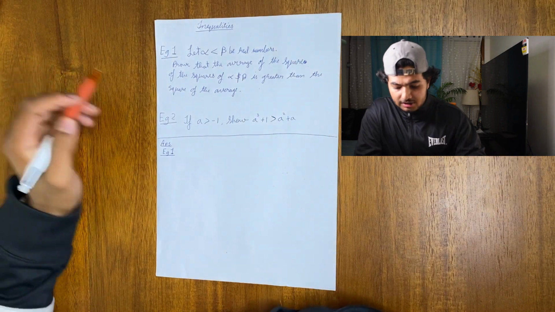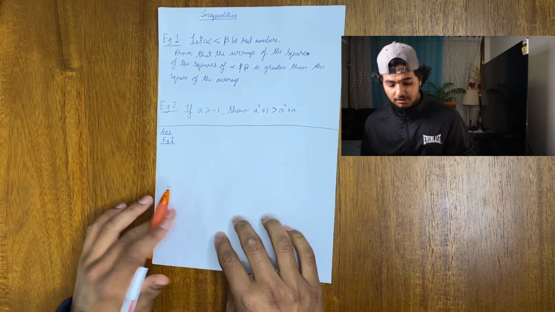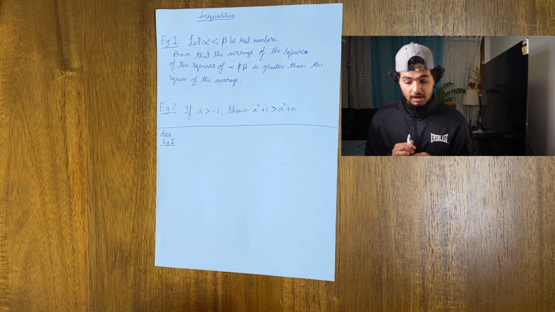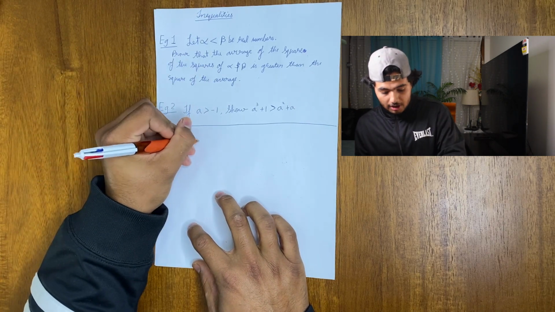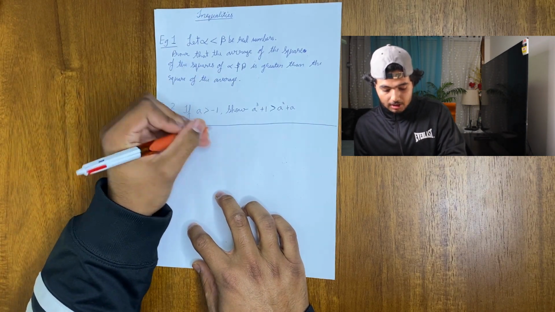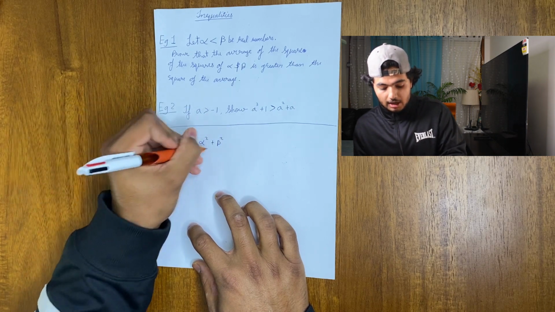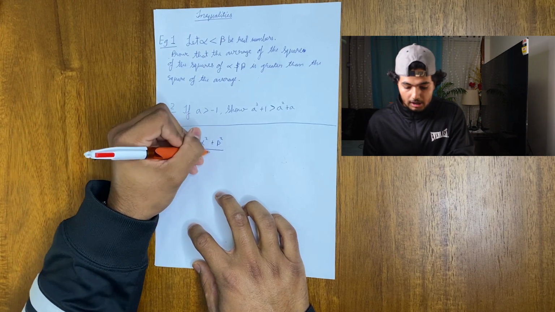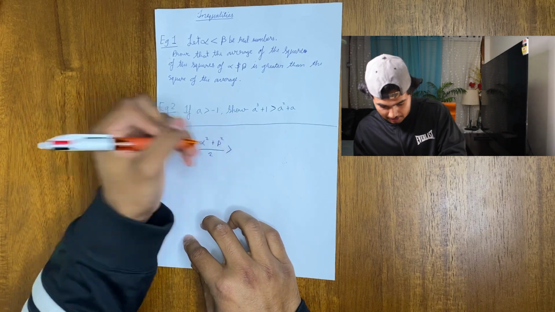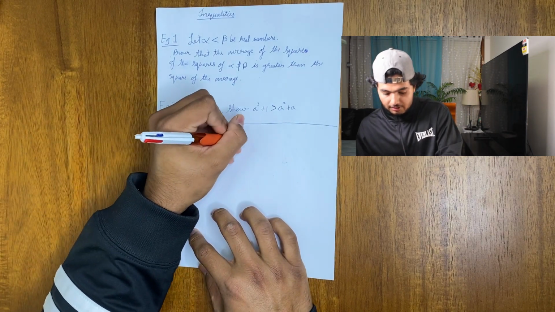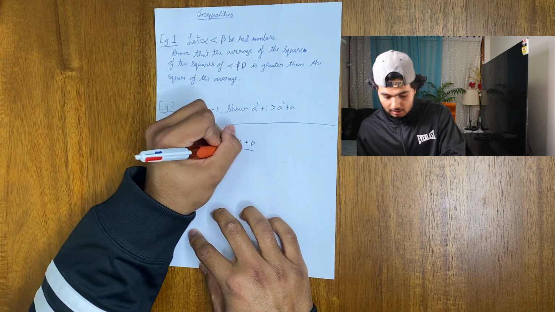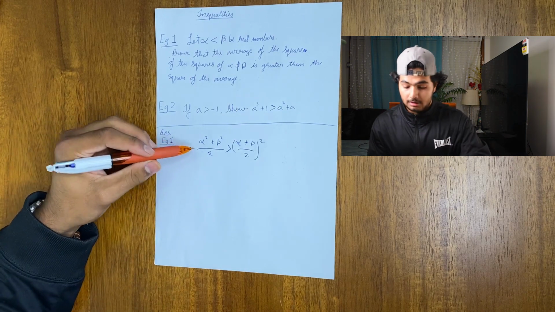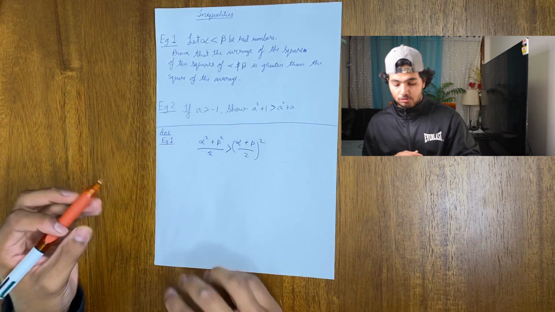Before we do anything, we need to try and understand what this worded problem is trying to ask us. So it says average of the squares is greater than the square of the average. So straight away in my mind, I'm thinking alpha squared plus beta squared, average of the squares, all upon 2 in this case, is greater than alpha plus beta all upon 2 all squared. We have that in this case. What we're trying to prove is